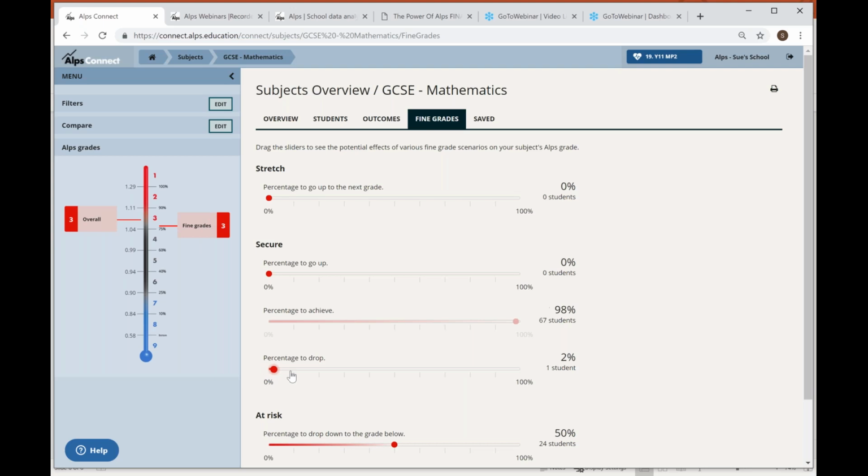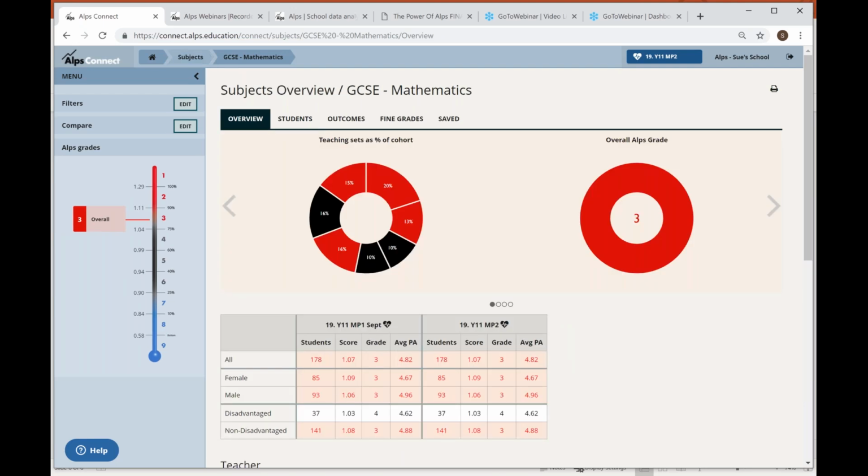But if I lose some of my secures as well, then it starts to have an impact on my redness. So basically, that's a modeling tool that allows you to just have a look at what the impact of some of your fine grading might be. At GCSE, then, the one other difference that I want to show you is